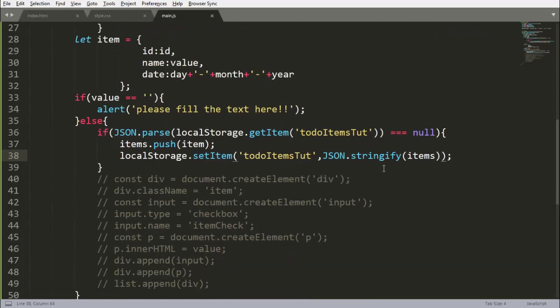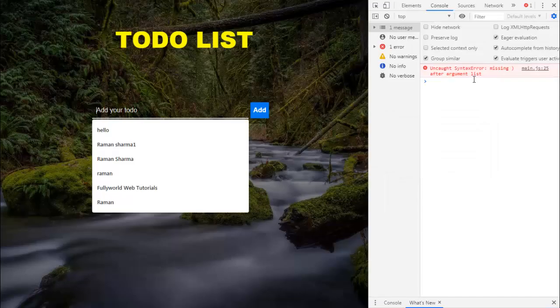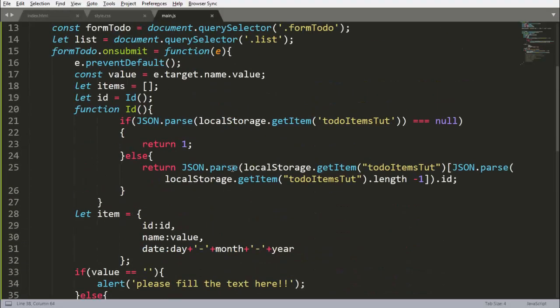So save this. See that when I reload it, there is an error, missing in 25. Where is this 25? Okay, this here will be .id here. This will be our .id.